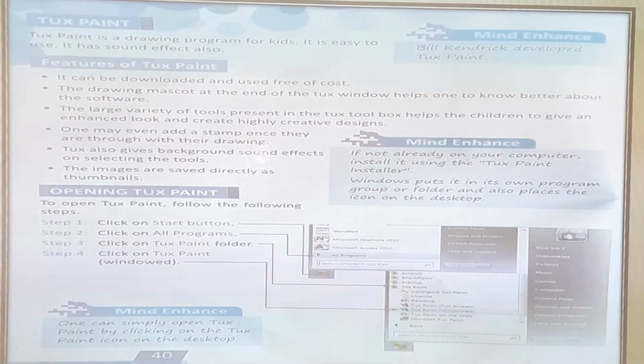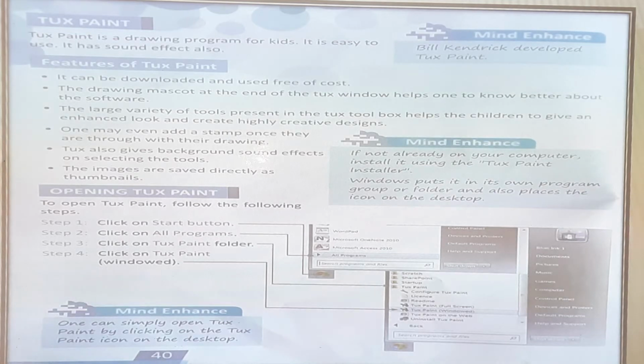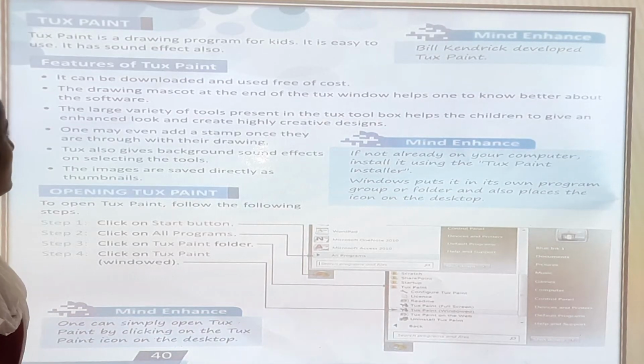Okay. Features of TUXPEN. It can be downloaded and used free of cost. So you can download TUXPEN and you can use it free of cost. The drawing mascot at the end of the Tux window helps one to know better about the software.